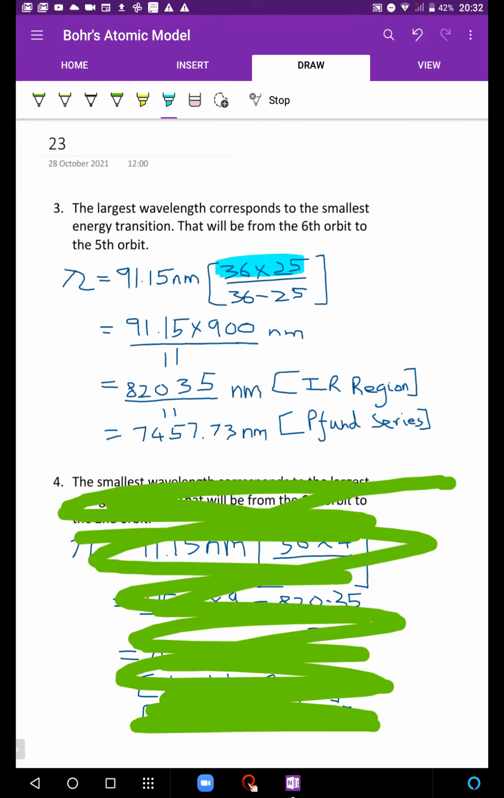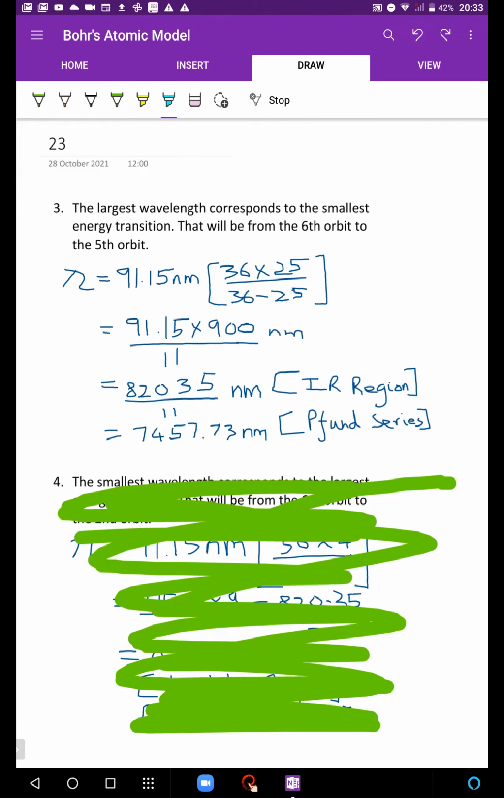36 into 25 is not bad, right? 36 into 100 by 4, that's going to be 900. And 36 minus 25 is going to be 11. So division by 11 is not a big deal. First multiply this by 9, so 91.15 into 9, multiplication is not a big deal, do it carefully. 820.35 will come when you multiply. And after that divide it by 11, doing that is also possible, long division, 74.57.73, something like that comes. This is the largest possible wavelength that you see, and